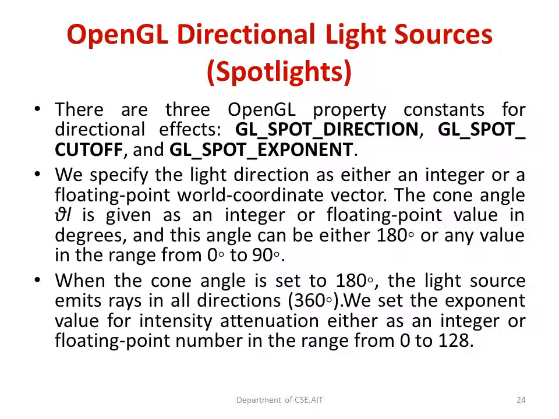If you just give 180 degrees, then the light will be spread across all directions. And if you give any range, only in that range the light will be present. That type of light is a spotlight. By making use of these components, you can highlight some part of the image in your scene, some objects, by making use of the spotlight.